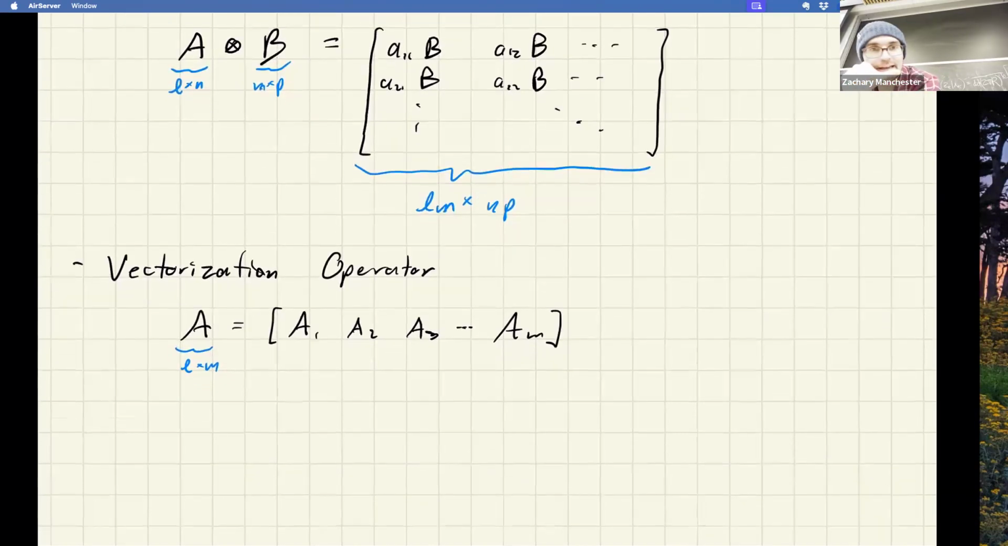Cool. I think I messed up. Oh, yeah, so the bug was here. I meant for these to be L by M and N by P, so that this is LN by MP, to be consistent with the next line. Like that's right. Okay, so this is L by M again, and then these are just the column vectors